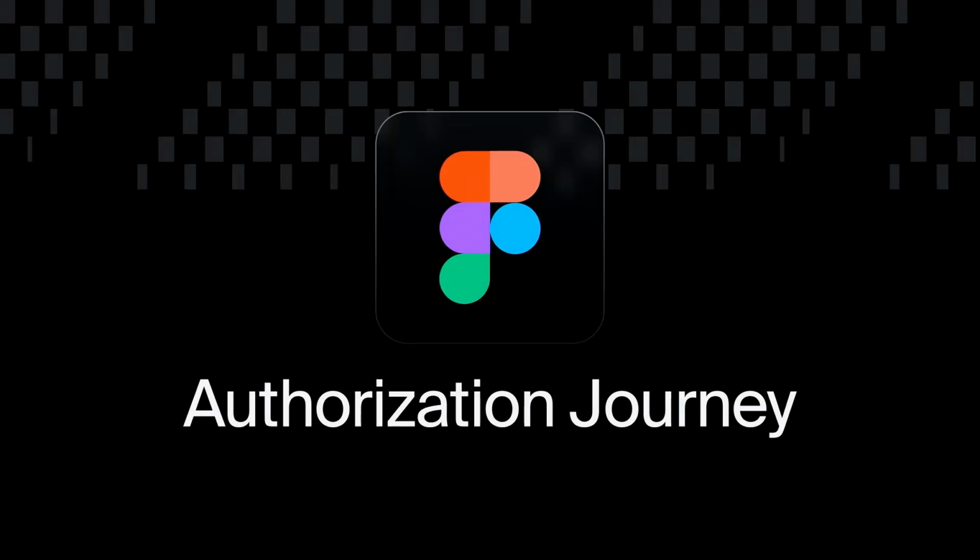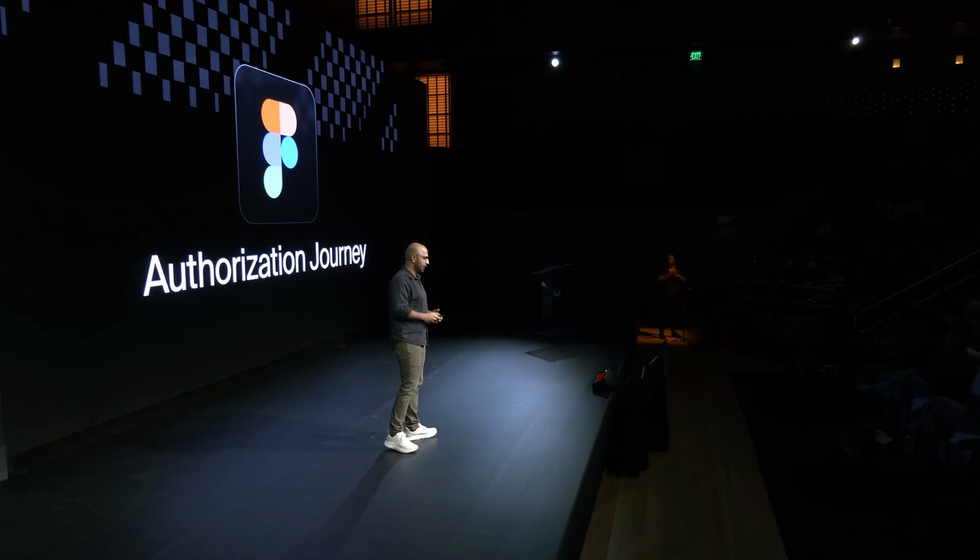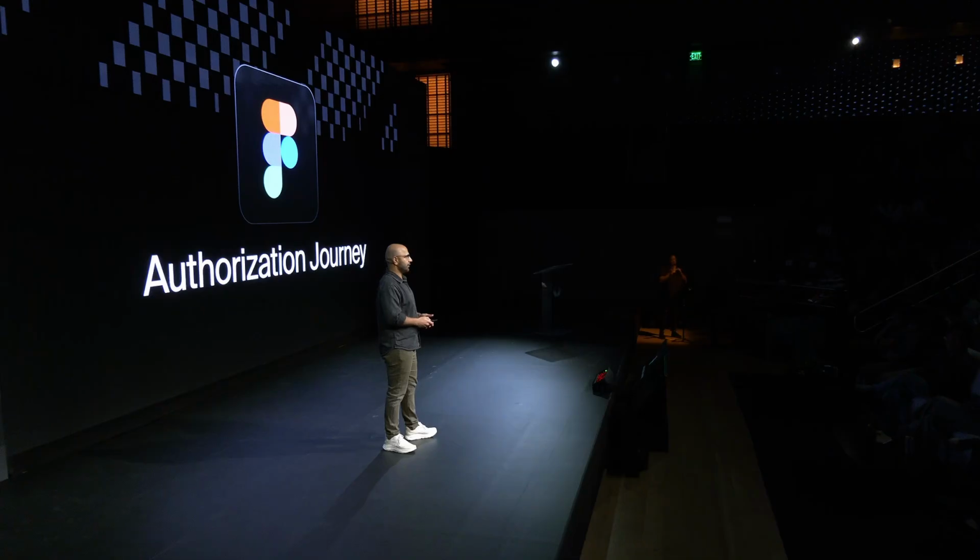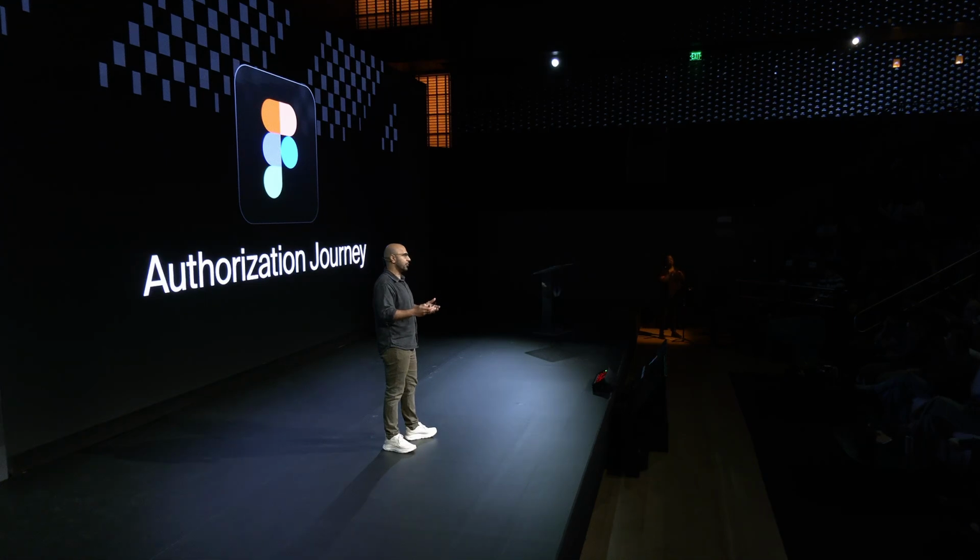Now, all of this might sound a bit too abstract, so I'd like to run you all through a case study of a popular SaaS application and see how every stage of their product growth maps to all these problems. So I'll be talking a bit about Figma today, which, as you all might know, is a popular collaborative design platform which enables teams to create, prototype, and share user interfaces in real time. Also, just a disclaimer, Figma is used as a representative example of a modern B2B SaaS platform. Every detail doesn't perfectly map to Figma, but it's useful as a reference to understand how authorization problems evolve at scale.